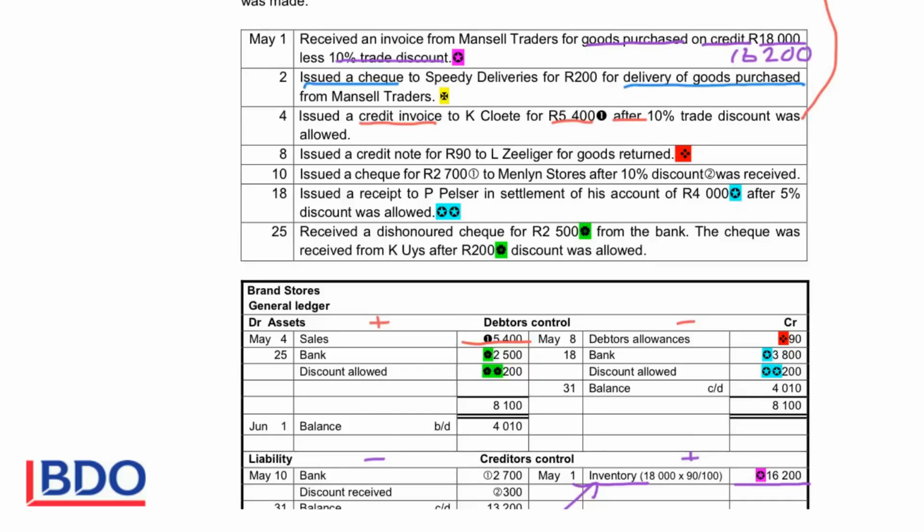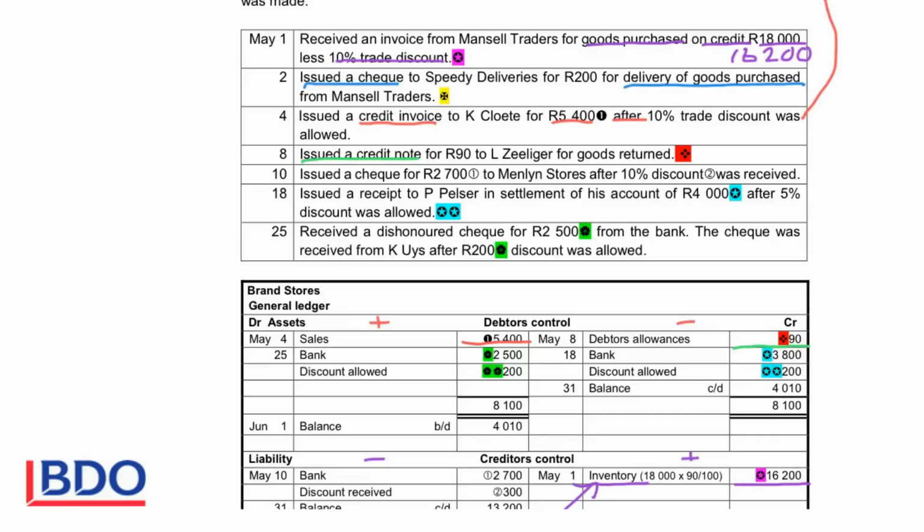Issued a credit note for 90 to L. Zilliger for goods returned. If we issue a credit note, it means that we want to reduce the account of the debtor because they returned goods and they owe us less money. So the one entry will go on the credit side of debtors control to decrease the amount that the debtors owe us, and we want to reduce our sales, and sales are reduced by debiting